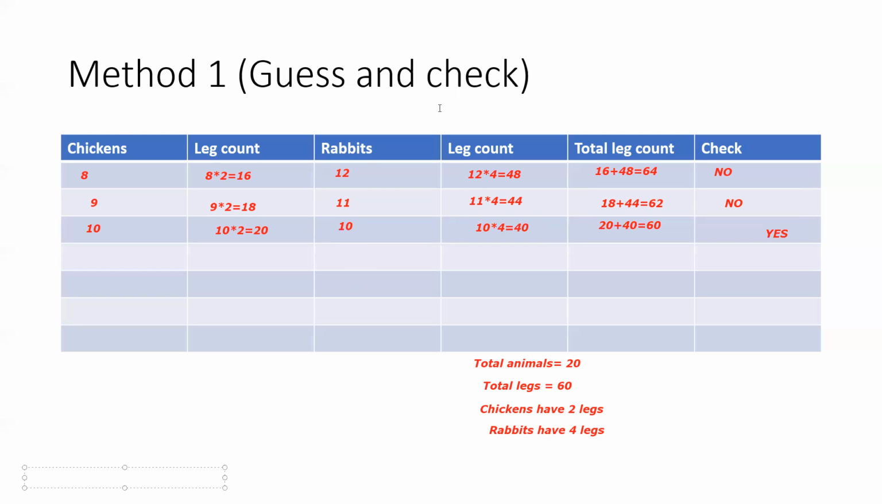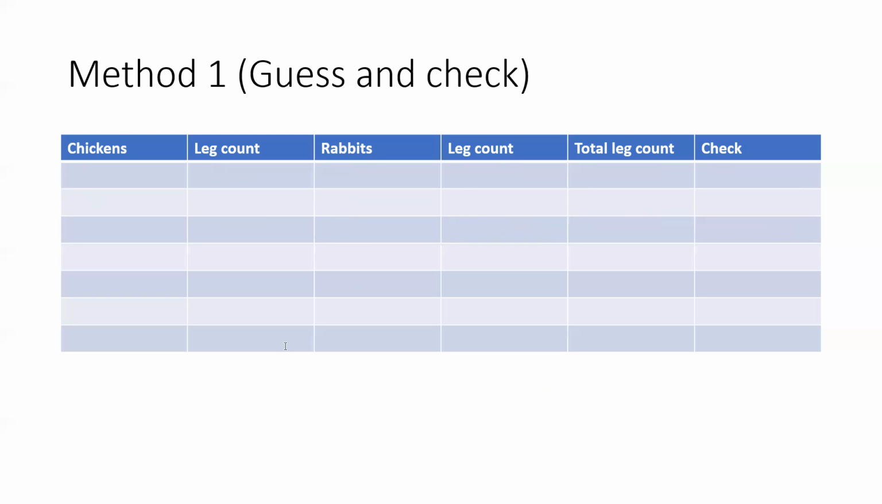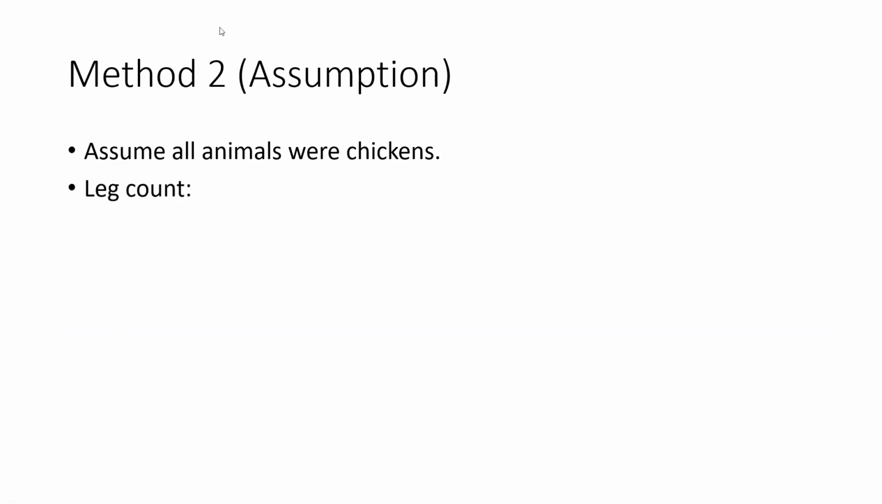let me clear all the drawing. Next, we have the assumption method. Basically, what assumption method means is we assume. So assume all animals were chickens, all right? Assume they were all chickens. So what will the leg count be? The leg count will therefore be